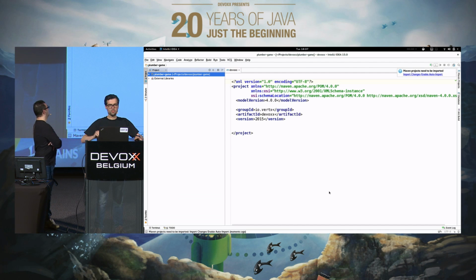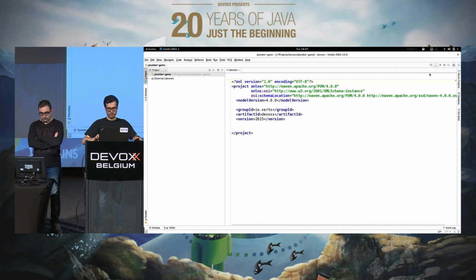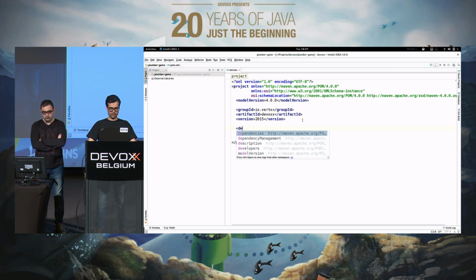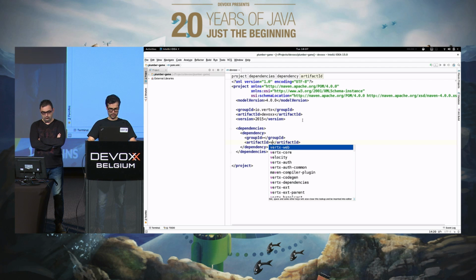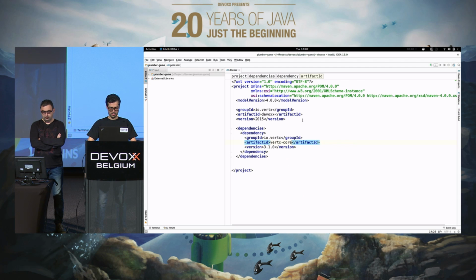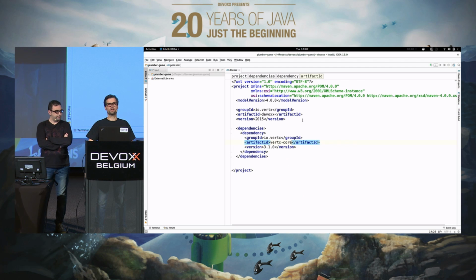Hope it's readable for everyone, even in the back, and try to increase the font. So at the moment we have just a plain Maven project. In order to make it a Vert.x project, we'll need to include Vert.x. So we have a dependency. I'm going to call it Vertx core. We're going to use the version 3.10, which is the latest stable version we have right now, and